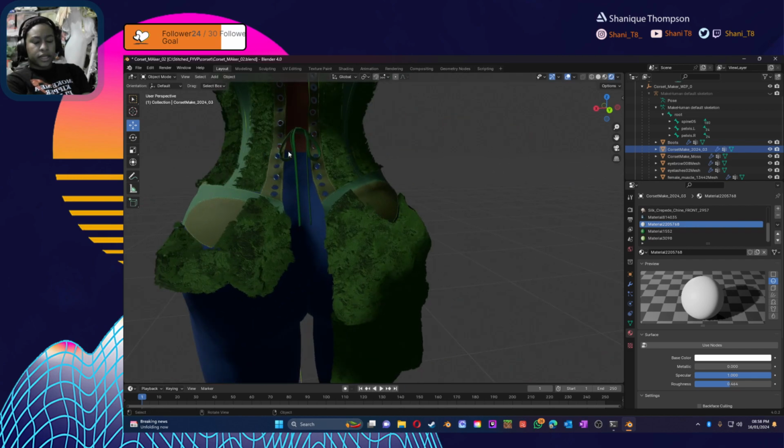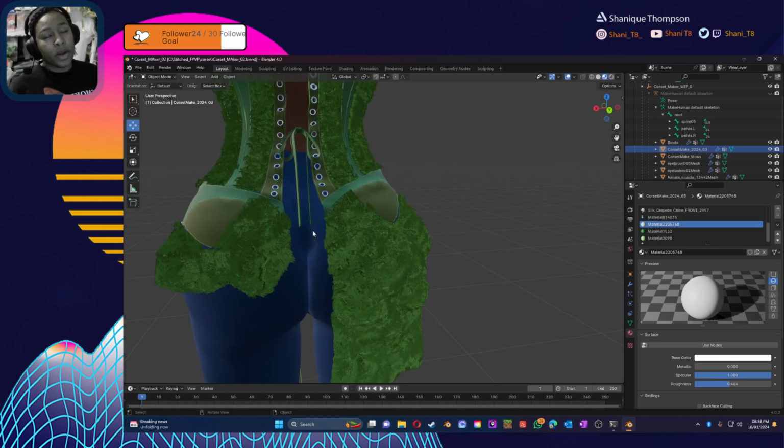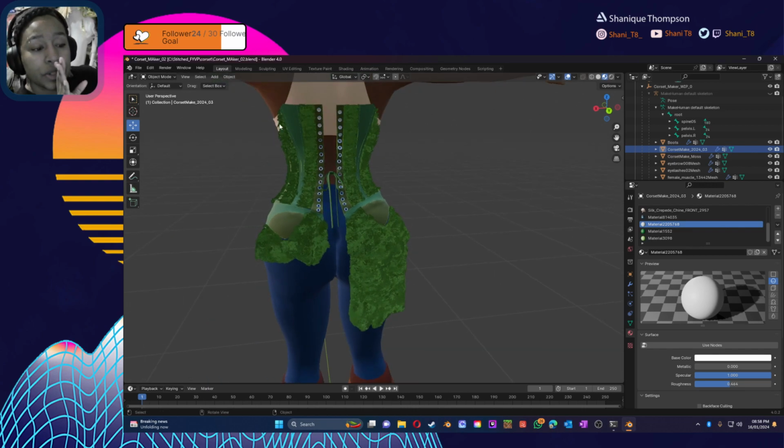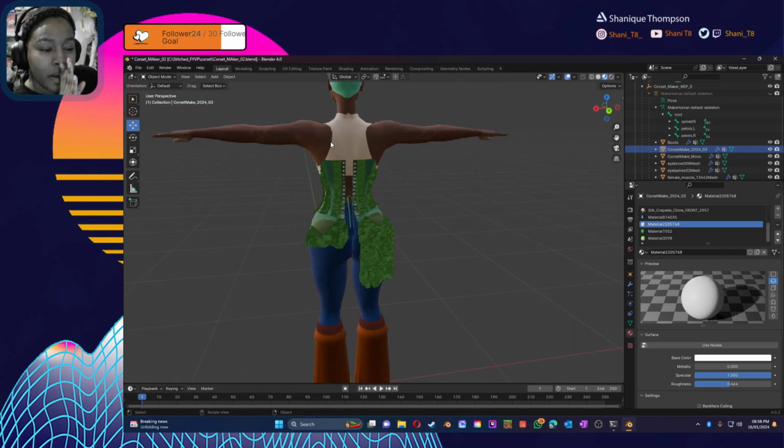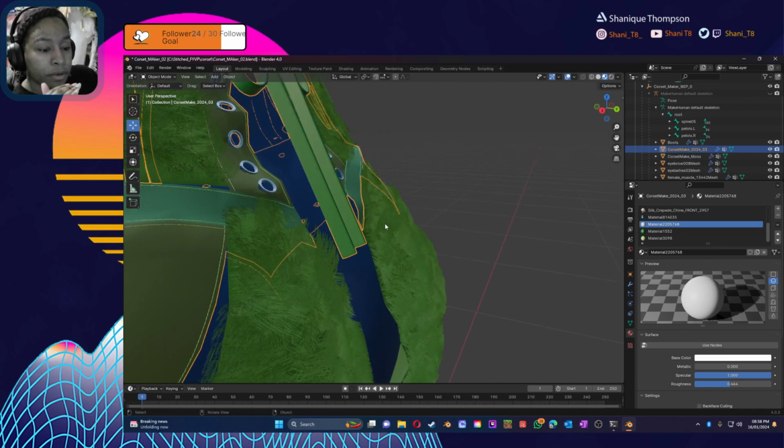And I need to do the lacing on the back. The bow is one of the default bows from Clo because I just like the way it looked, but the way that I wanted to do the actual lacing, I thought about doing it in Clo, and then I felt like it would be much easier to just do it in Blender. My plan is to have a curve from here to here and cross them over, and then copy this section of the bow and have that follow the curve because there should be enough of that, enough